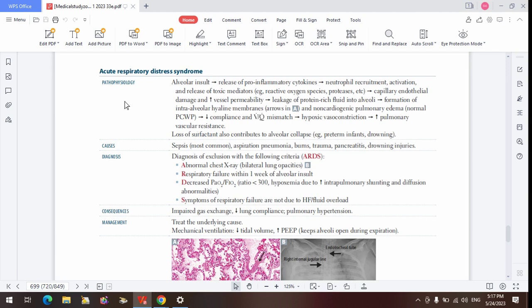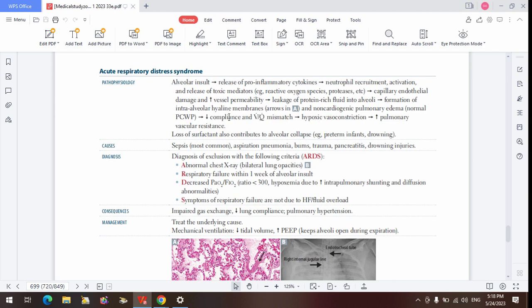But in someone with ARDS, your damage is directly to the alveoli. It's not coming from the heart. It's not coming from damage to the left side of the heart. So your pulmonary capillary wedge pressure will be normal. That's a way you can differentiate between a cardiogenic pulmonary edema and a non-cardiogenic pulmonary edema. You are going to have pulmonary edema in ARDS too, but it's going to be non-cardiogenic, evidenced by normalization of the pulmonary capillary wedge pressure, and evidenced by presence of hyaline membrane. Don't forget that, the protein-rich fluid that is entering the alveoli, causing hyalinization of the alveoli.